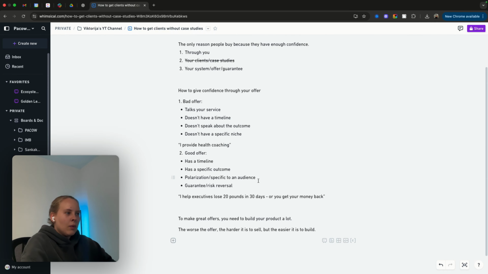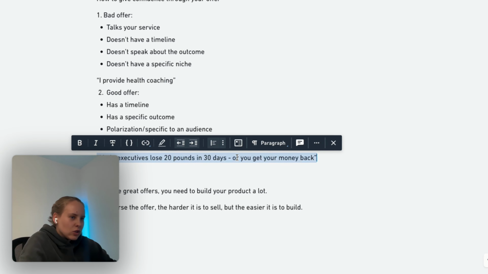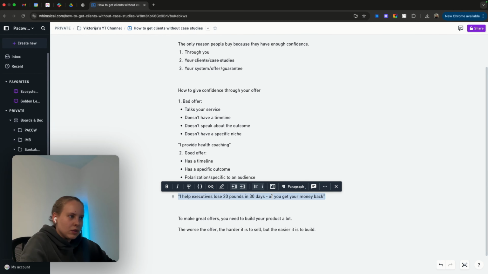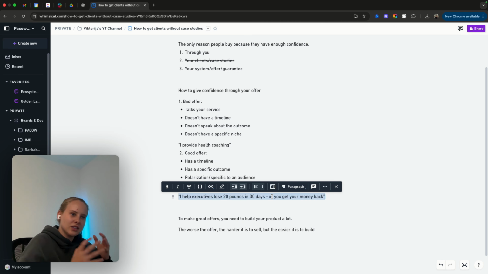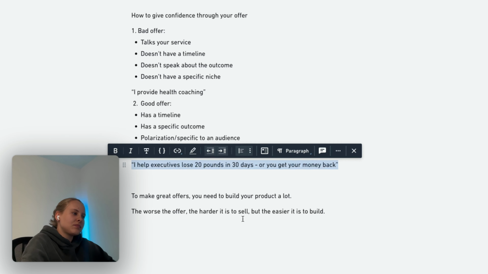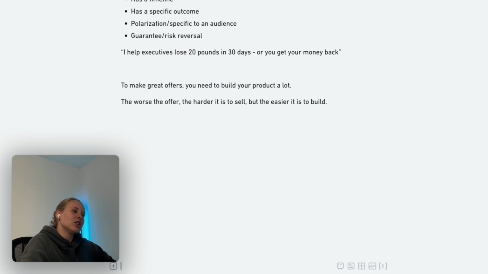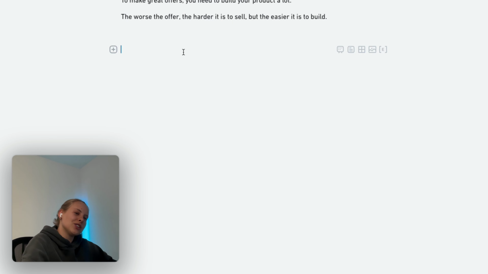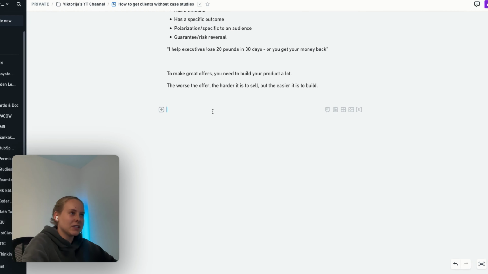right? So what I mean is that not everyone will be able to have the same offer, not every health coach. Some health coaches are really great, and for example they know they're able to help people lose X amount of pounds in X amount of days with a certain guarantee, but not every health coach will be able to do that, because not every health coach has the same level of quality of services, right? And so just to mention, the harder it is to build something, the easier it is to sell, because you can provide a better offer, if that makes sense.